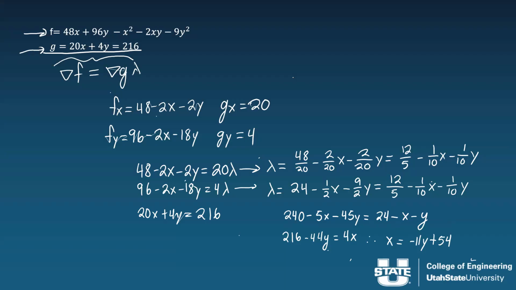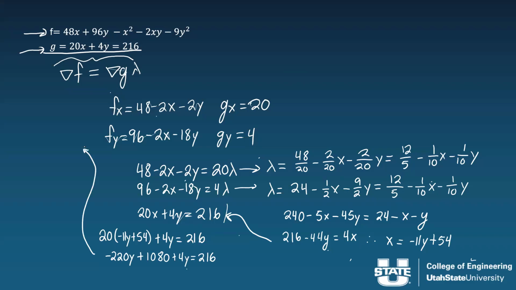Now that we've finally found a function of one of the variables in terms of the other, we can plug this into our constraint equation to solve for y. So we're going to have 20 times our x plus 4y is equal to 216. So when we multiply that 20, we're going to have a minus 220y plus 540 times 2 is 1080 plus 4y equals 216. So then we can combine those. We have a minus